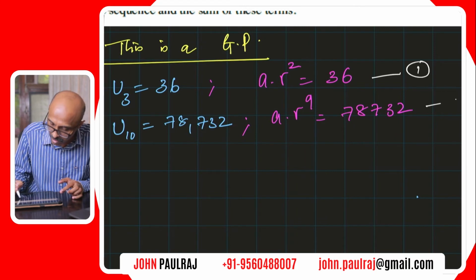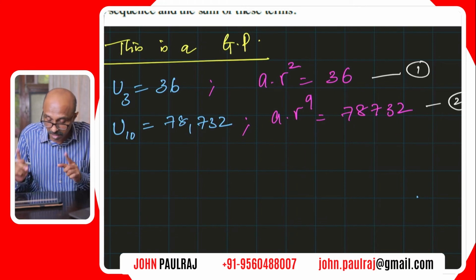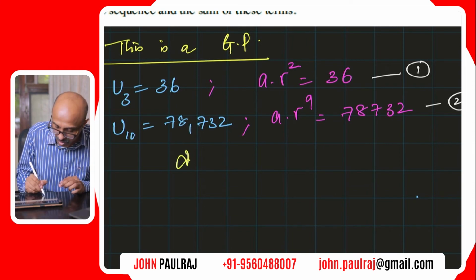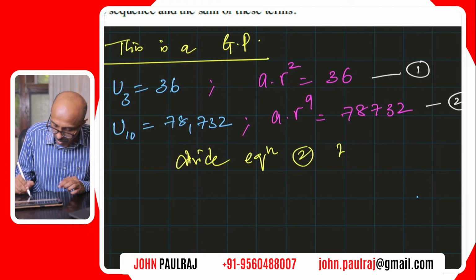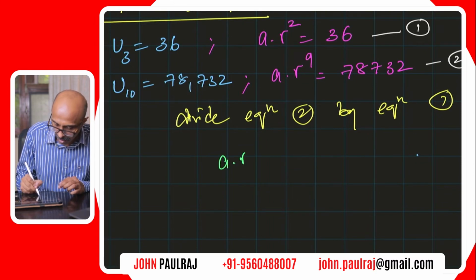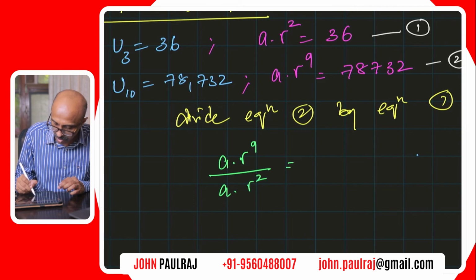That's equation number 1. Equation number 2, we've seen a similar question in the earlier video. That is why I'm going a little faster, okay? So we're going to divide these two equations. Divide equation 2 by equation 1, and we'll get a r to the power of 9 divided by a r to the power of 2 is equal to